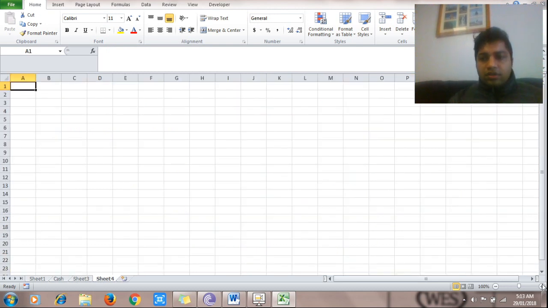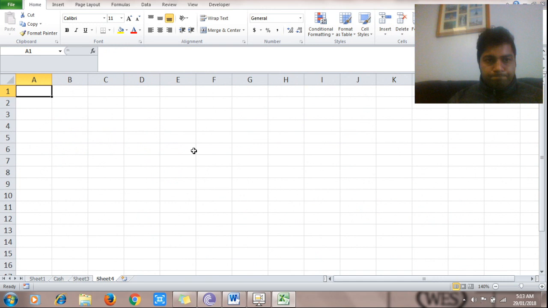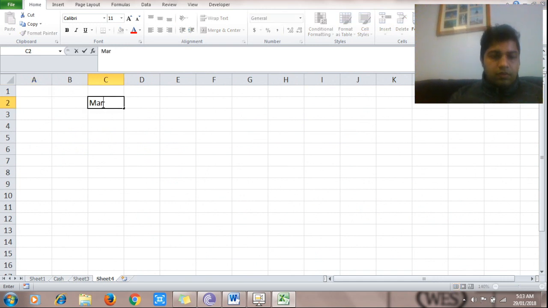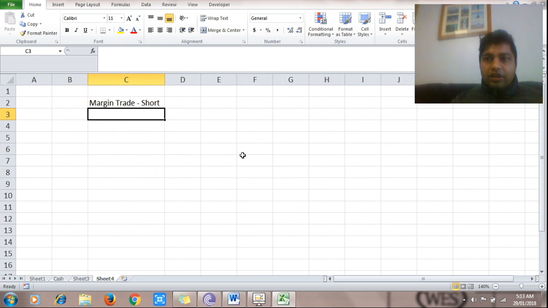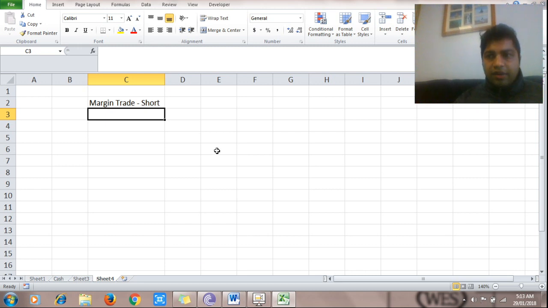Now the second part of it, margin trade short. Okay, now it is tricky to understand, so I'll just write down the steps that you do, then try to explain it. In a margin short trade, you sell the stocks by borrowing the stocks with a commitment to return the stock. So just hold your guns, you would understand it, trust me.